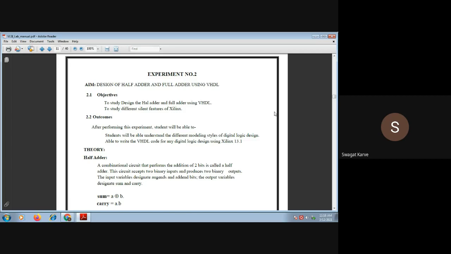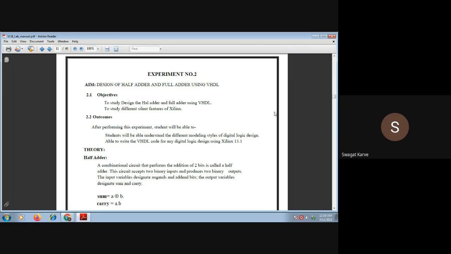Now in this unit we are going to discuss and write the codes for different combinational and sequential logic using VHDL. So first we will start with the simple example of the design of a full adder and half adder.